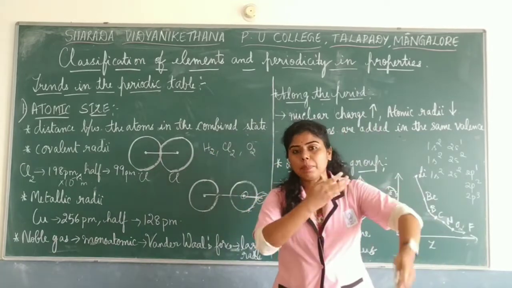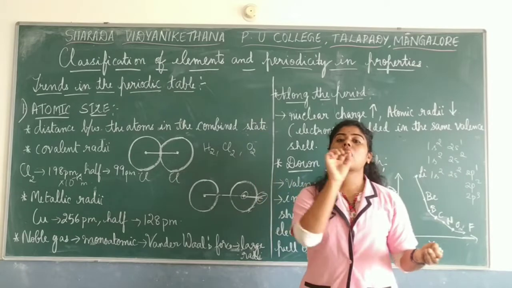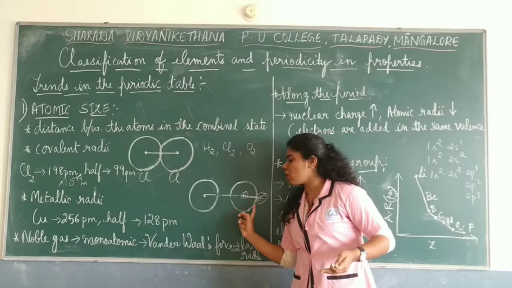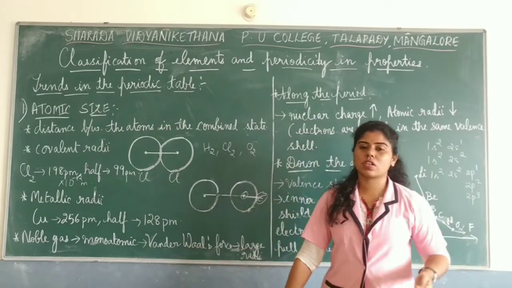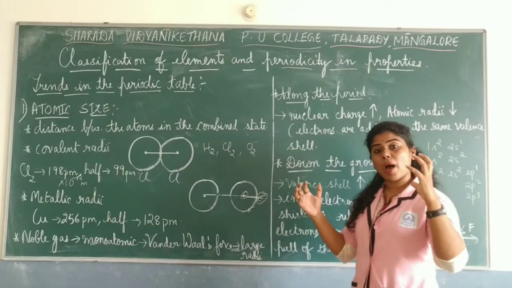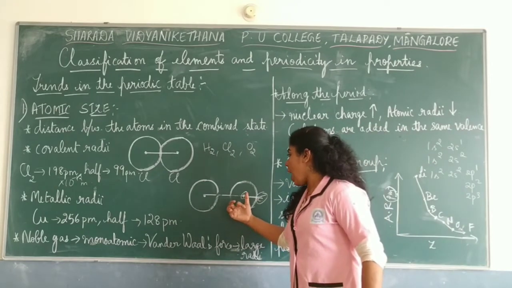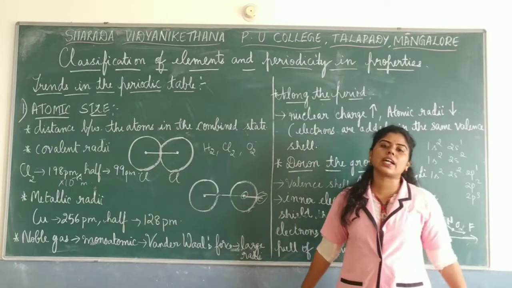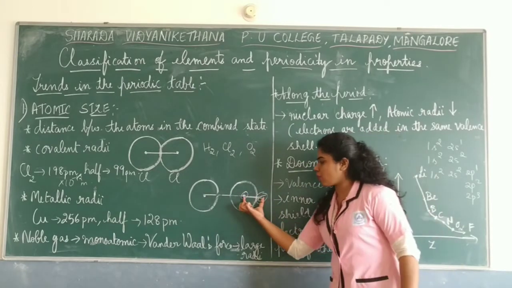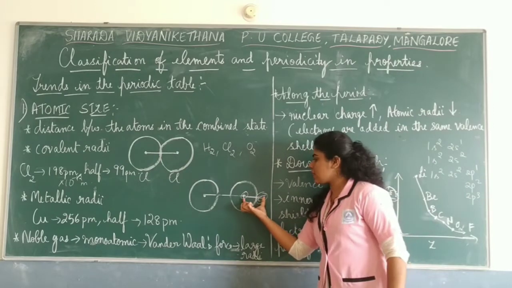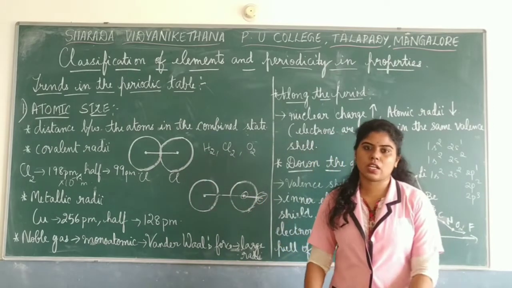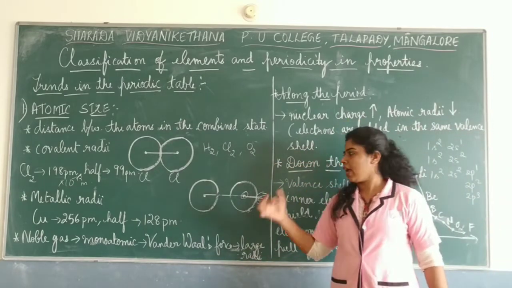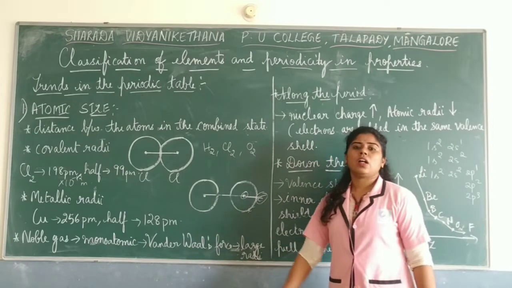So when you keep adding up the electrons, the number of electrons is always equal to the number of protons. Correct? So the number of protons also increases as you keep on adding the electrons. Now what happens? The force of attraction, the power of the nucleus becomes really high, and then they start attracting each other. So there is an increase in the nuclear charge, we say. The nuclear charge increases due to the addition of the electrons in the same valence shell. That you should remember. In the same valence shell only you are going to add more and more electrons.